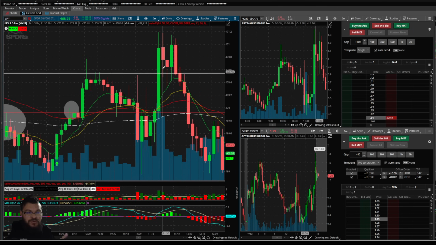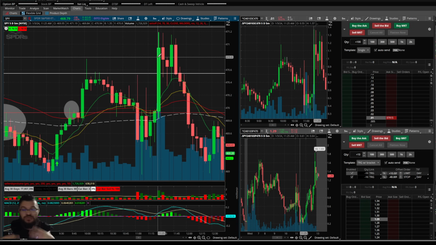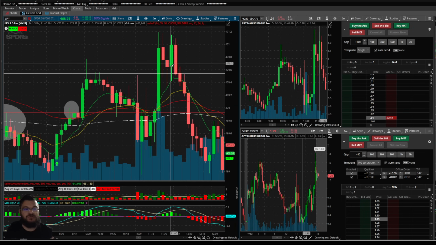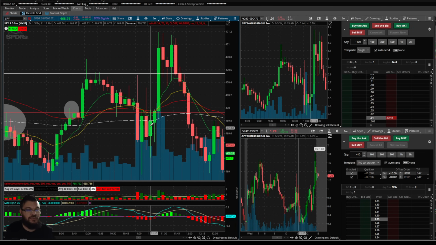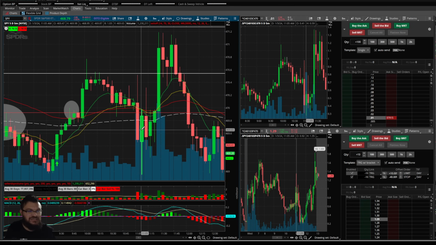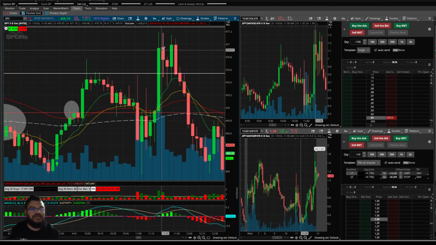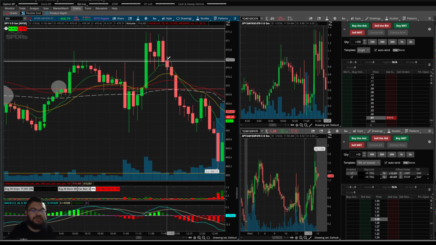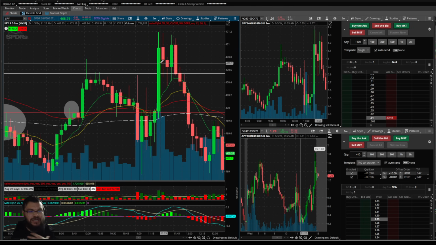I probably would have got burned if I let this candle drive my emotion and thought, oh, this was a big green candle, I need to get in. No, wait a second. What happens? It goes back red. So now it's a very similar pattern to that of here, but now at the upside, right? And if you just take the mirror image and flip it, it's the same thing, right? So me personally, I don't like this. This is stuff that I want to avoid.